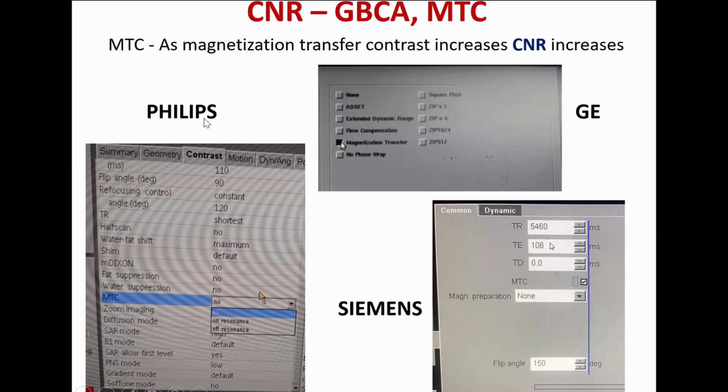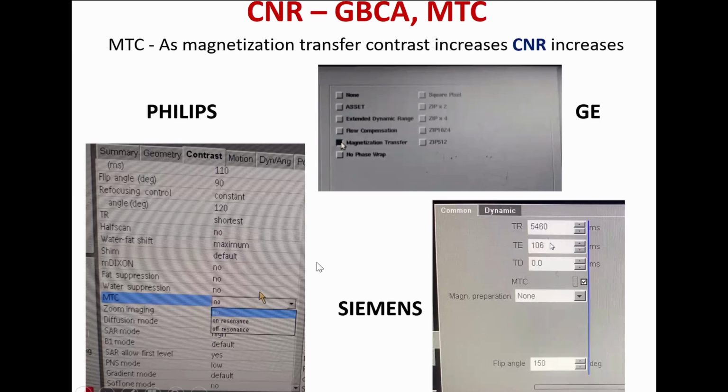Now, what is magnetization transfer? Now you have got three vendor screens on this. On the Philips vendor, you can see the MTC option over here. On a GE, on the imaging option platform, you can see the MTC over here. You need to activate all these three. Now, what is this magnetization transfer contrast? That is actually the tissue characterization, or the image quality, that ultimately results because of the exchange between the bound protons and the free protons because of coupling or chemical exchange.